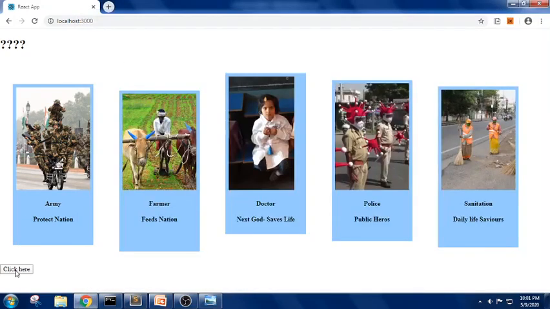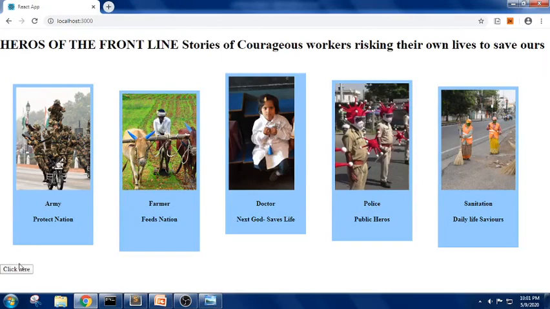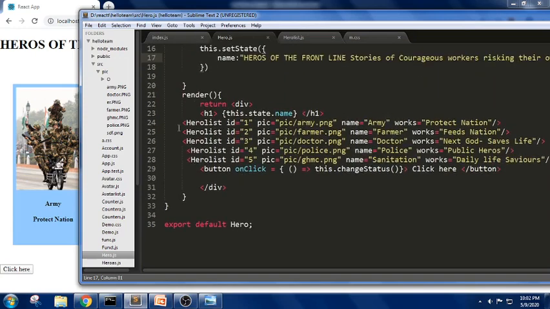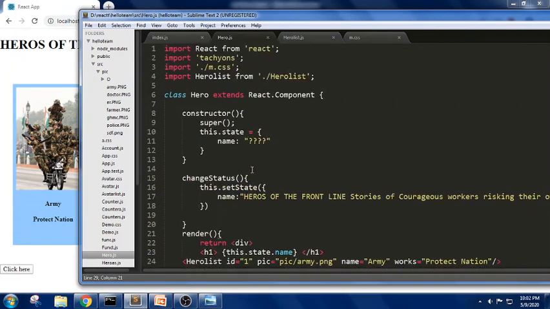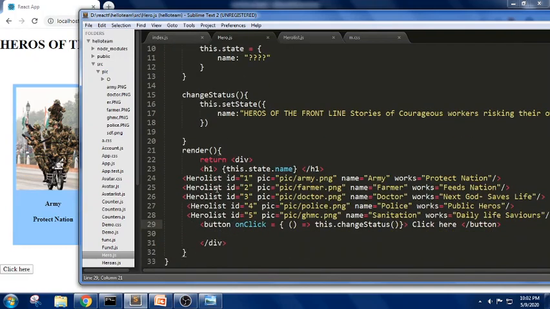So let us check. Yes, we got it. Now let us use some CSS, basic CSS. The same part we can write using map also, which will be discussed in the further sessions. So in this we have used a class component. We have used a CSS part, how to include. We have learned about JSX elements, and we have used multiple components.